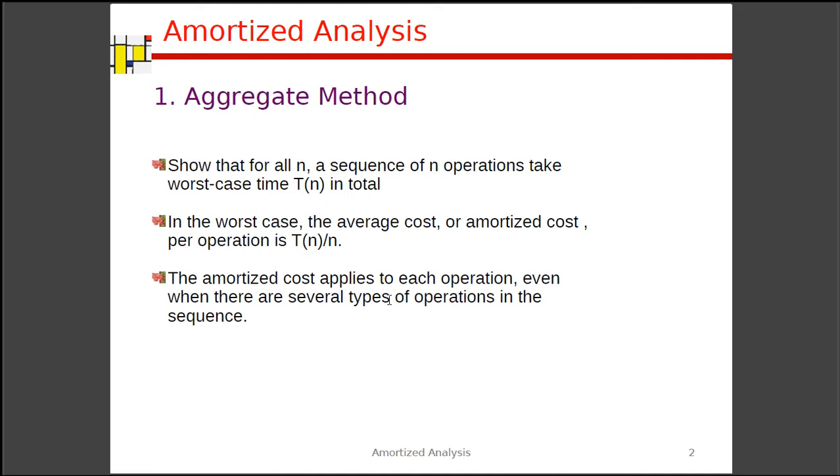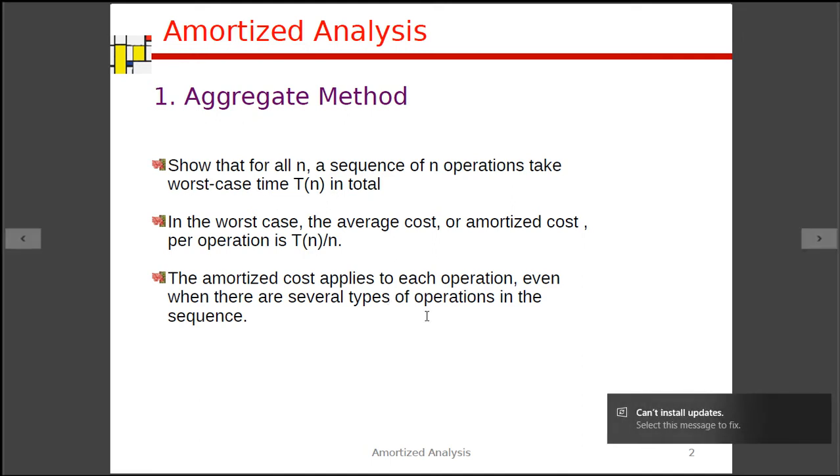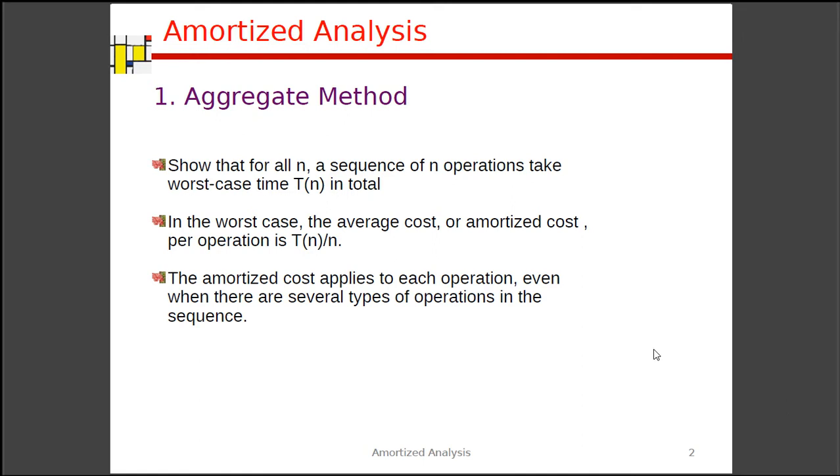We'll take an example. Consider there are 1000 elements in a quicksort and all of them are in descending order. This is the best case, so this will require the least time. But there is one more test case in which 1000 elements are in ascending order. Now this is the worst case of quicksort. This will take the maximum time. But whenever the amortized cost of the worst case and best case is calculated, that will be the average of both. So this is how the aggregate method works.